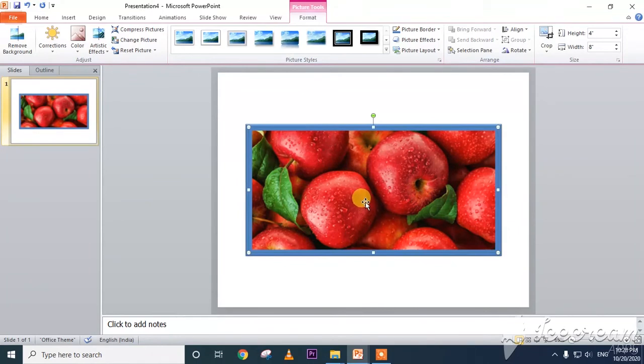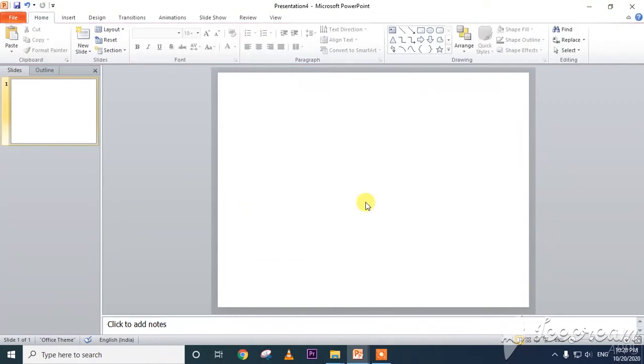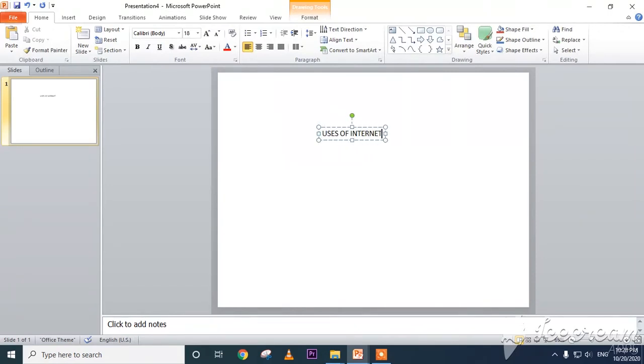Next one is how to insert the bullets and numbering. See here, now I am writing here uses of internet.